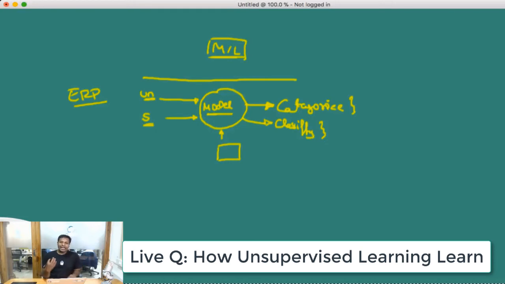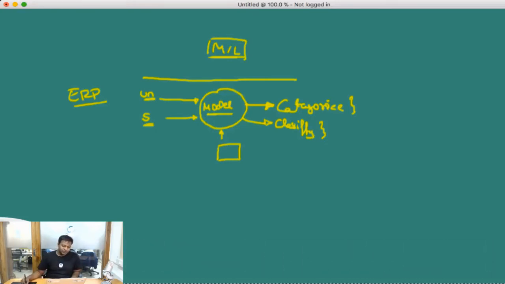So when we have unsupervised learning, we don't have a training data set. In supervised learning, a training data set is given. In unsupervised learning, you just take an input and, for example, what we are doing with the recommendation system in our project code,